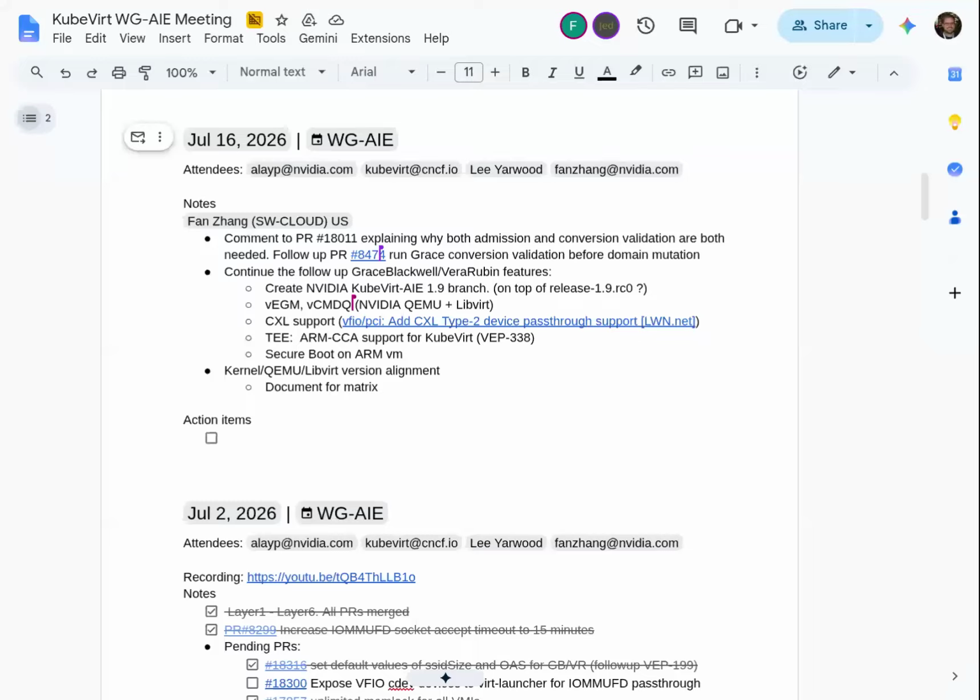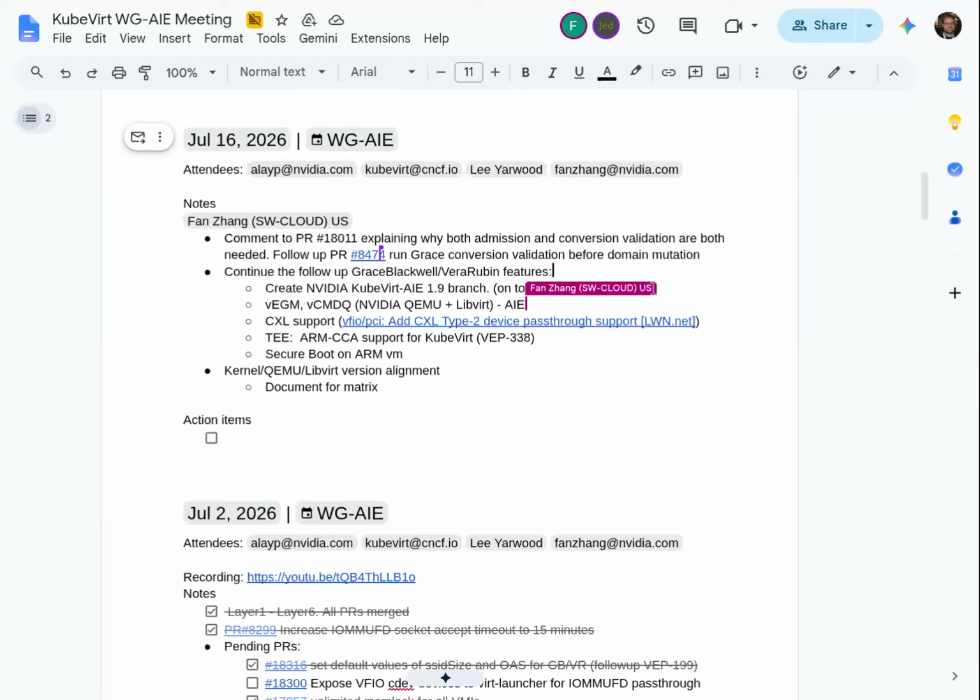Correct me if I'm wrong. In the short term, they're already available in CentOS Stream, the AIE SIG builds for this. So EGM and the command queue should both be present already.